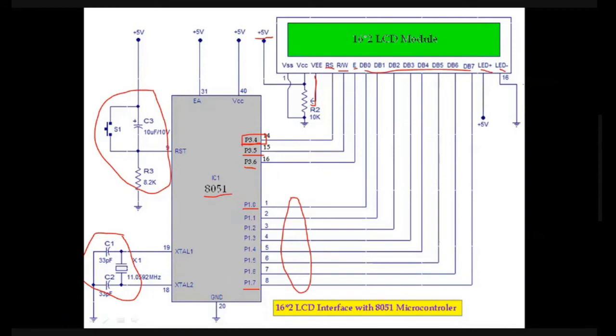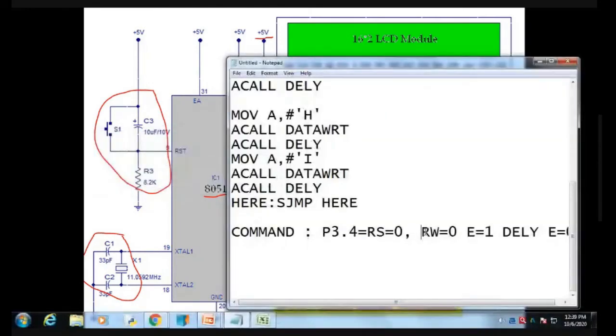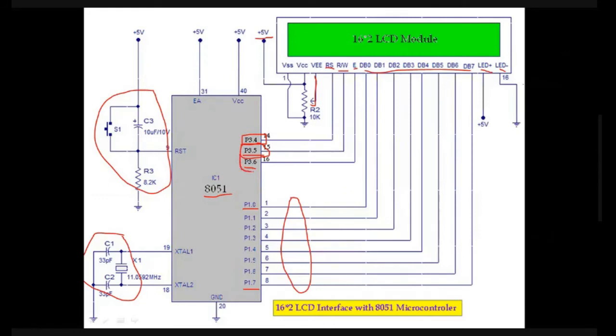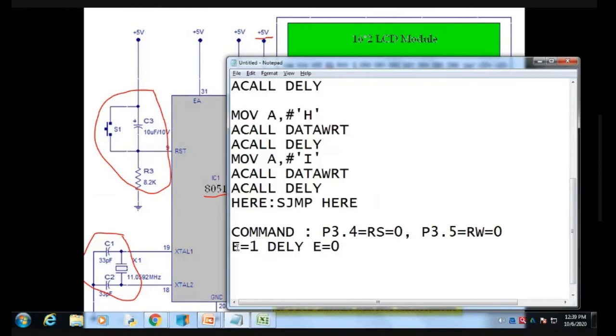My RW is port 3.5, so I am going to connect RW to port 3.5. And where is my enable pin? It is port 3.6, so I am going to define port 3.6 for the enable pin.